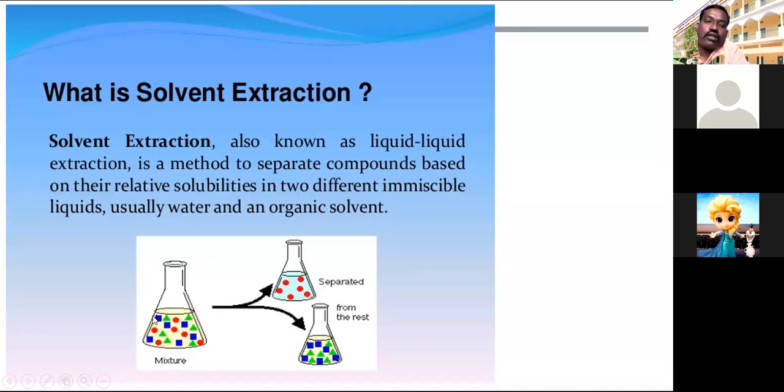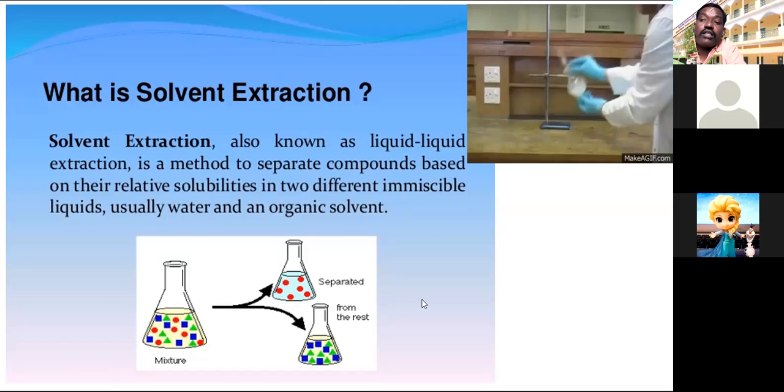In this diagram, the mixture of organic compounds: first take reactants 1 and 2. The product forms with a different color, the red color. The product is isolated by extraction, adding a solvent based on solubility. These solvents are immiscible with the reaction mixture. The red-colored product is extracted by the solvent and easily separated with a conical or separating funnel.